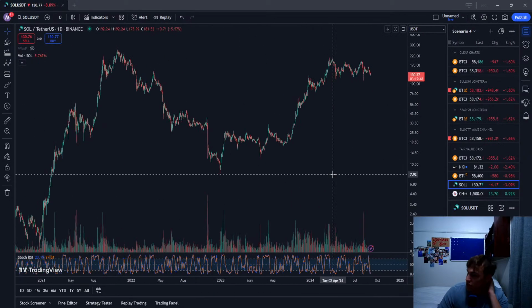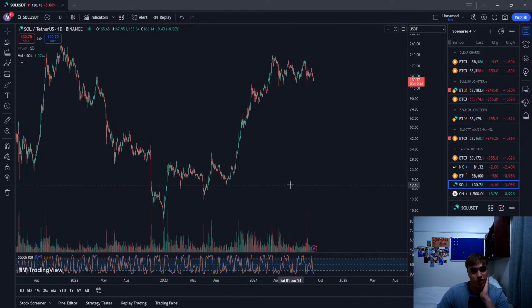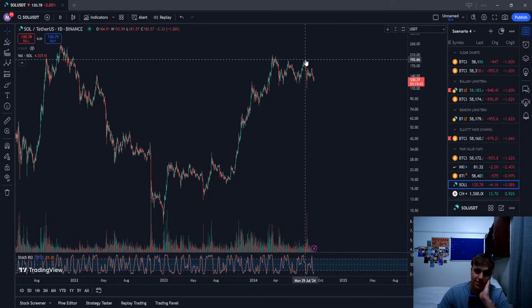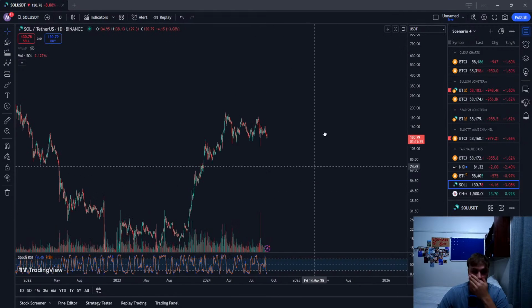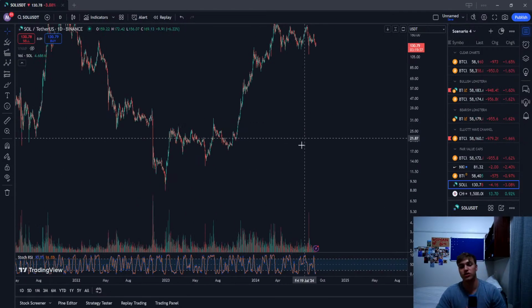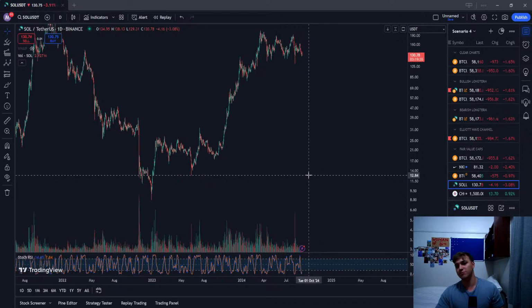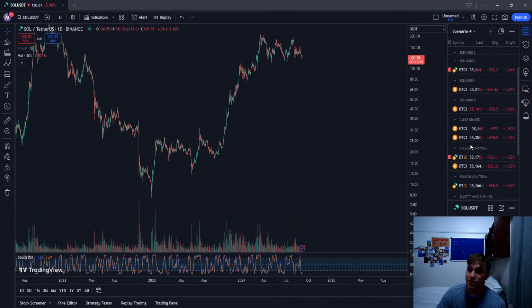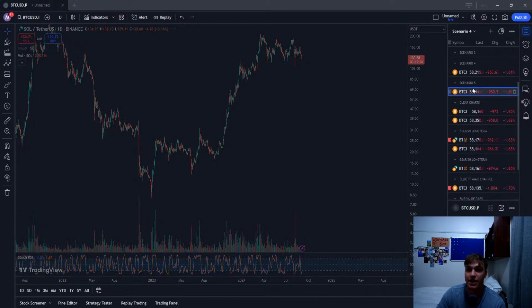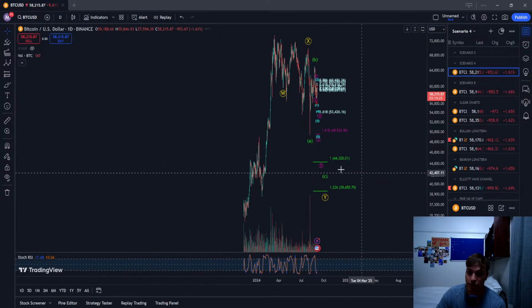With the altcoins, because they follow Bitcoin so specifically as well, look at the range here, range in Bitcoin, 1, 2, 3, 4. It's possibly the exact same structure. So if Bitcoin dumps, I think alts are going to dump. I do predict Sol to get to around $80, and Ethereum to get down to around 1.9k, with Bitcoin coming down to that 44,000.